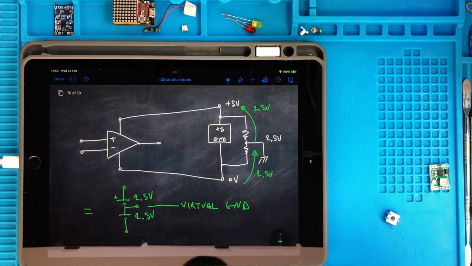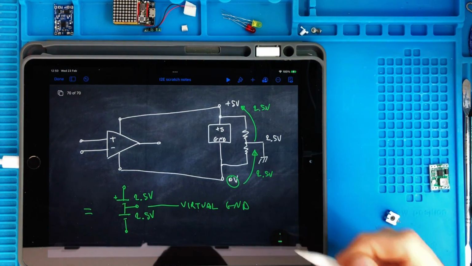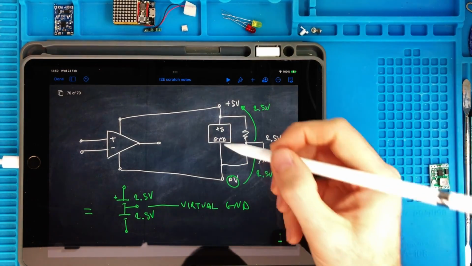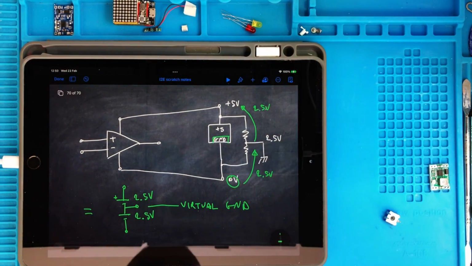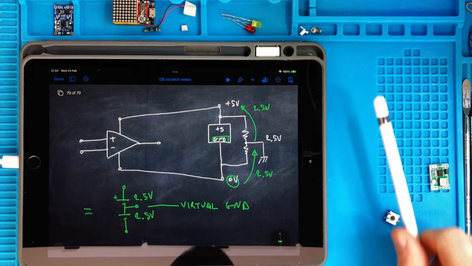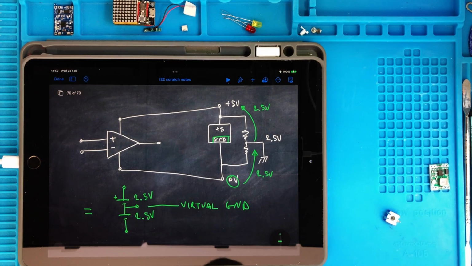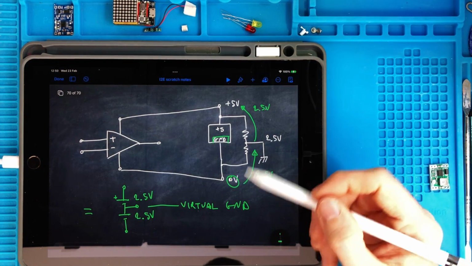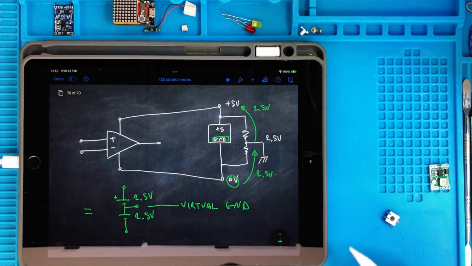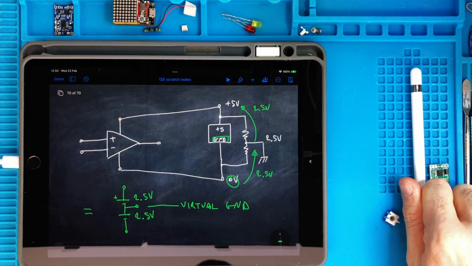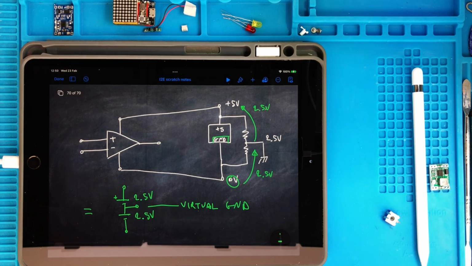It's called virtual just because this is what is called ground in the circuit, but we know that we can set our 0 to whatever reference we want. The only thing that is important is the difference of voltages between points in the circuit, not the absolute voltage, let's say. Okay,